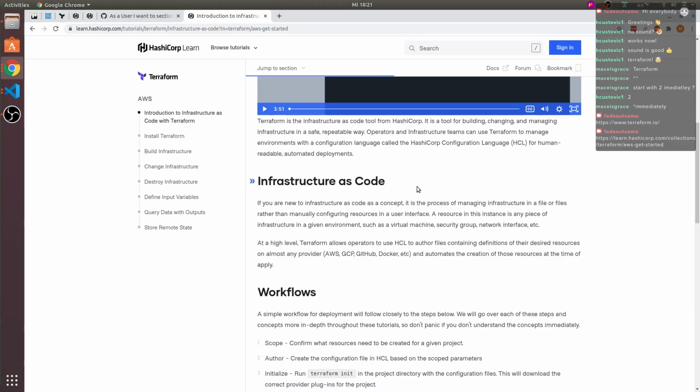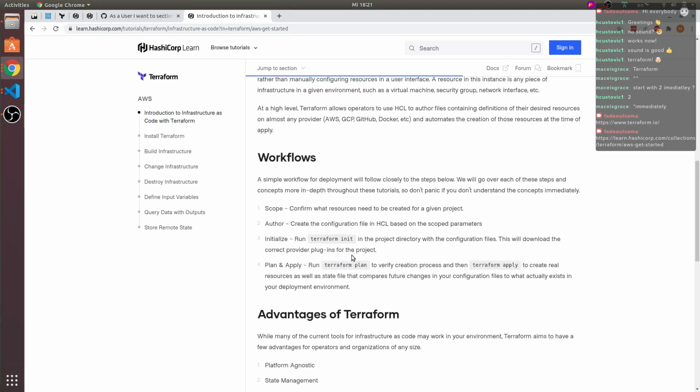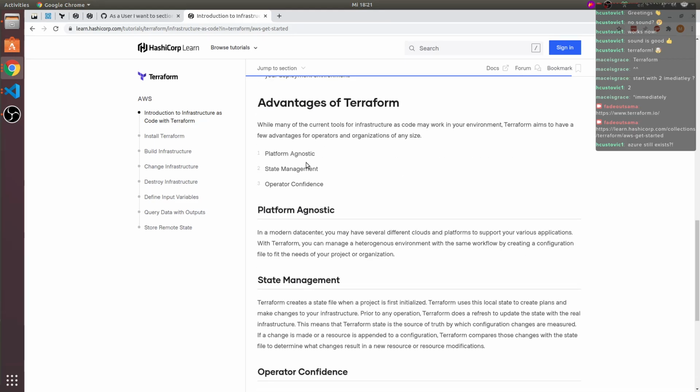So it explains what infrastructure as code is. I did that just now in the introduction. Workflows, let's see. Simple workflows for deployment will follow closely. Okay, yeah. Advantages, so it is platform agnostic to a degree, to be honest. Azure still exists. Yeah, Azure is a big thing.